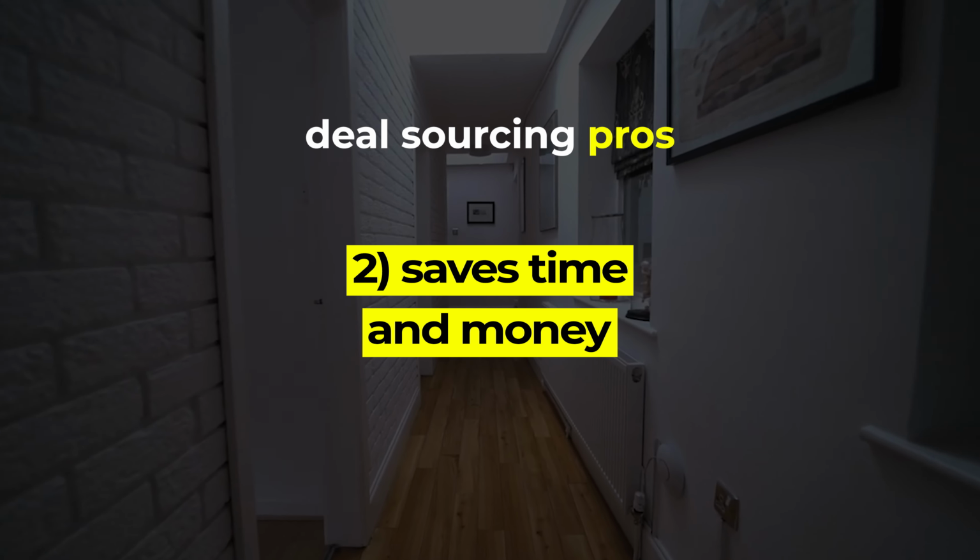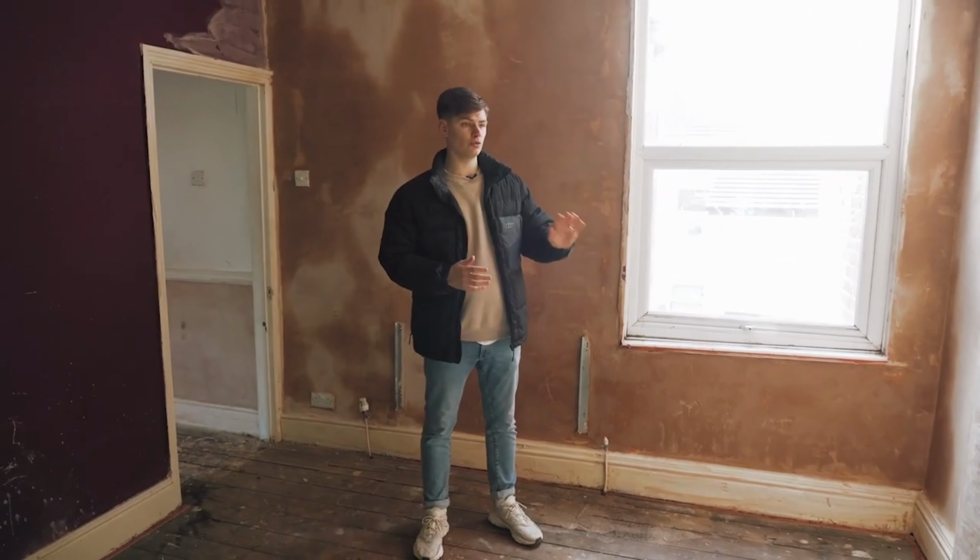Another pro to using a deal packager is that it saves you time, and it actually can save you money. So time, it's kind of self-explanatory. I don't even need to go into that, but it can save you money, because if you are working with a builder and you have found a deal where the builder's going to charge you an extra £10,000 more than my builder would, then you're saving yourself £10,000. And if we charged you £4,000 for the sourcing fee, then the £6,000 difference,